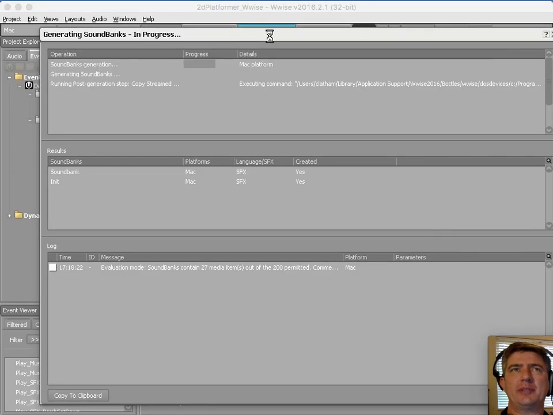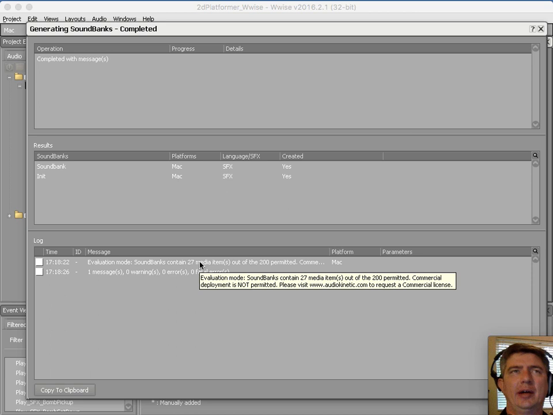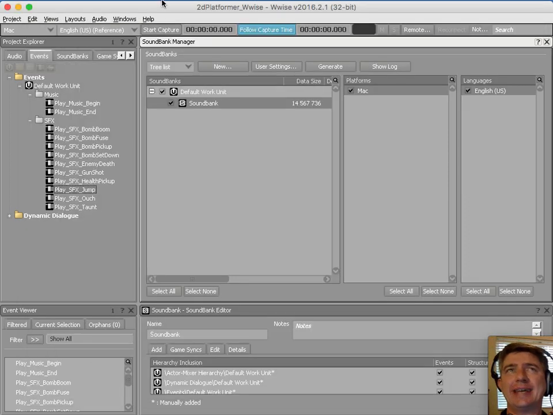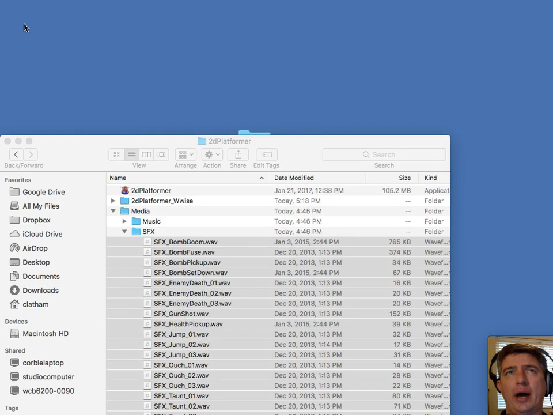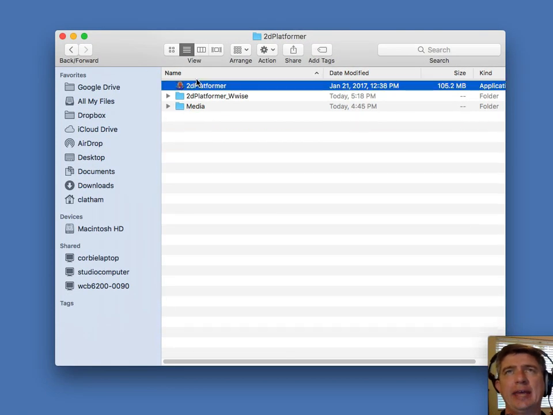And when you hit generate, this message will pop up, and it says evaluation mode. Sound banks contain 27 media items out of 200. It gives you this generic message, and it should have built all of the files correctly. The way you can test this out is you go out of Wise, and you go to this game application